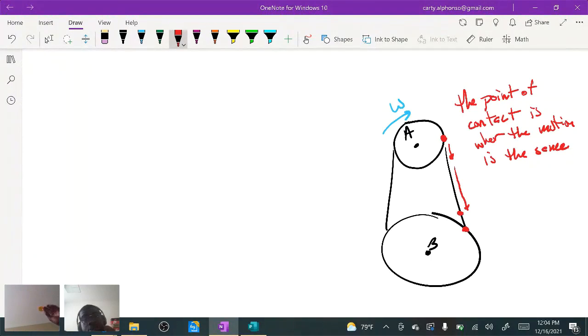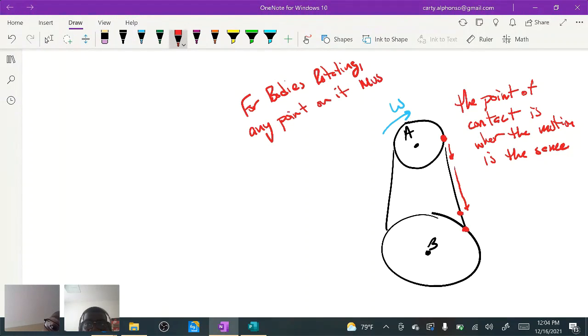seen in linear terms. Okay, so I'll put: for bodies rotating, any point on it must be looked at, must be seen in linear terms,